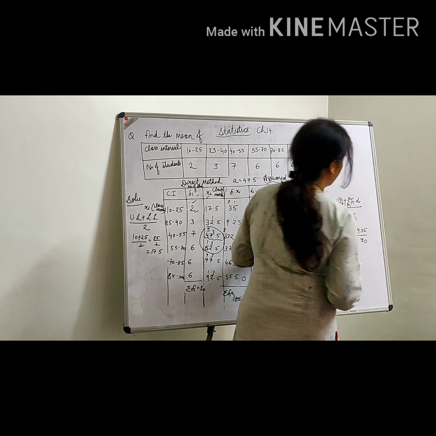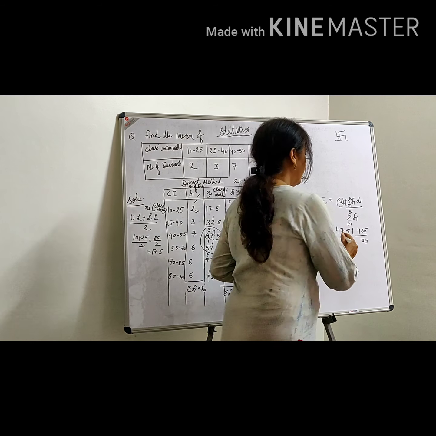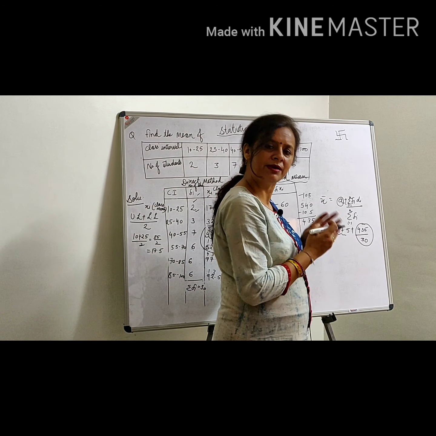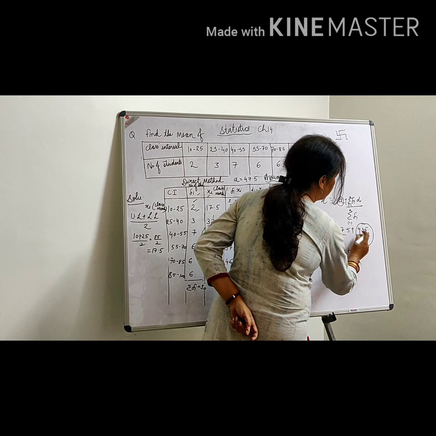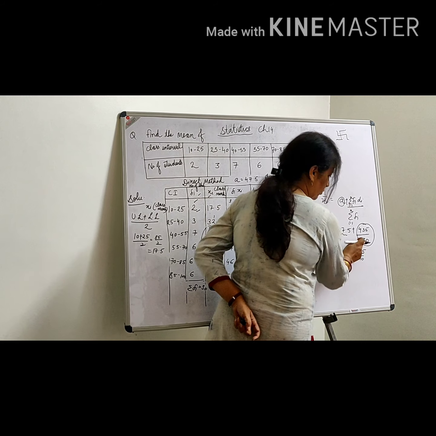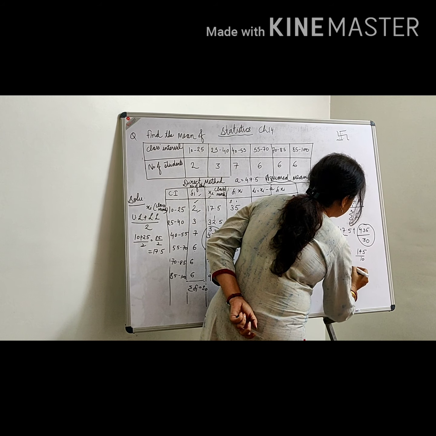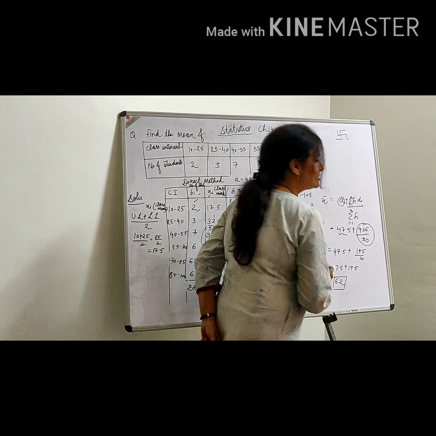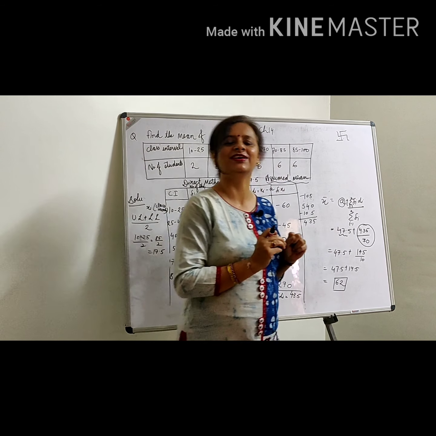Now let me tell you one thing, don't take the LCM 30 here. Let it be 47.5 only and let us solve this. The calculations will become easy. Now this is 47.5. I am dividing 435 by 3. 3 ones are 3, 3 4s are 12, 3 5s are 15, divided by 10. Because I have divided by 3 now, 10 बच गया. So this is your 47.5 plus 14.5, which is equal to 62 only. Earlier also the answer was 62. Here also the answer is 62. It's easy. I told you it is very easy.